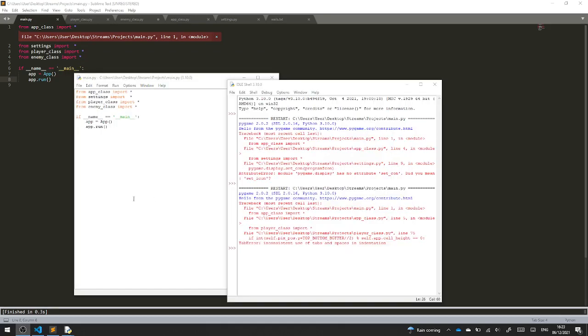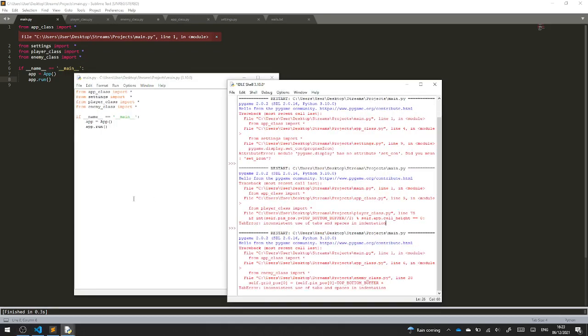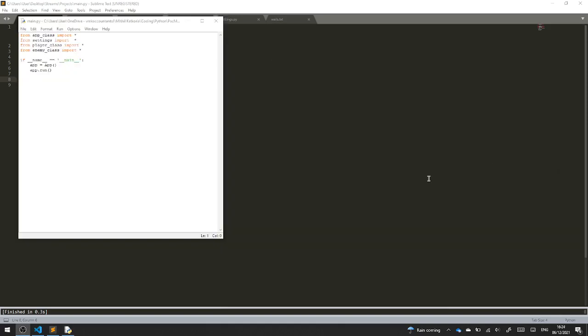Okay, I fixed the error and let me run it one more time. Okay, inconsistent use of tabs and spaces in indentation. Oh, I'm getting a tab error. Okay, so let me fix this tab error. Finally, I fixed the error and look,